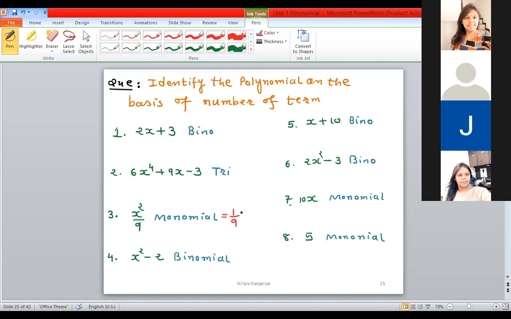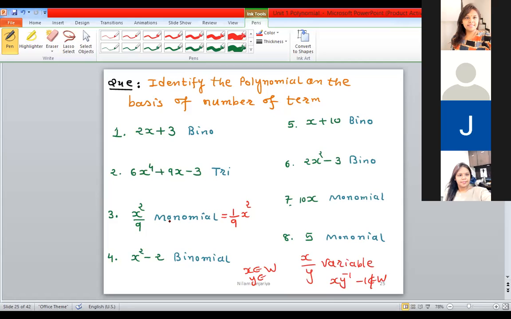It's a 1/9 x square. x upon y, okay. No, x and y are variables. And variables, I told you, must have a power from W, that is, the powers of x and y must both belong to W. But here y has a power of -1, and -1 does not belong to W. For that reason you can't say this is a polynomial.